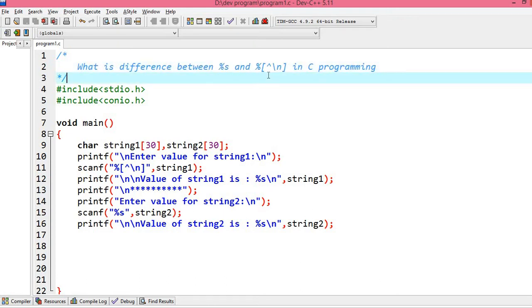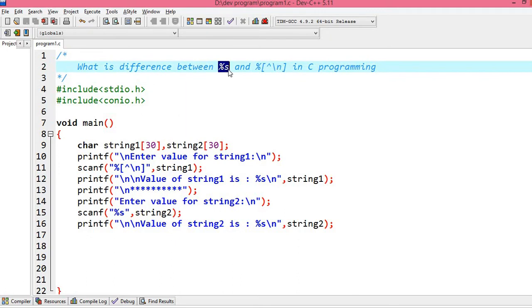Okay. So basically whenever we want to take input a string from the user, then we use this %s if we want to store that particular string directly in a character array. Otherwise we have to use a for loop just to iterate over the character array. But it is a convenient, easy way to take input from the user using this %s, that is for string. Now this format specifier is also used to take input from the user in string format. Okay, so now let's see what is the difference between these two format specifiers.